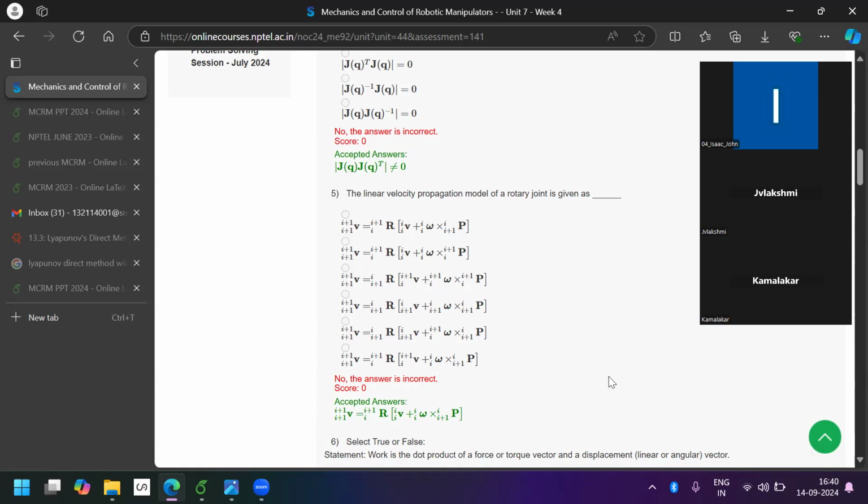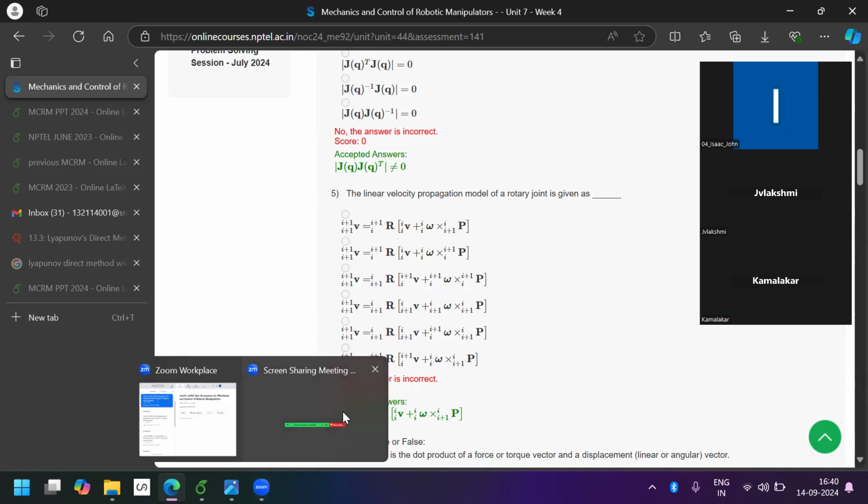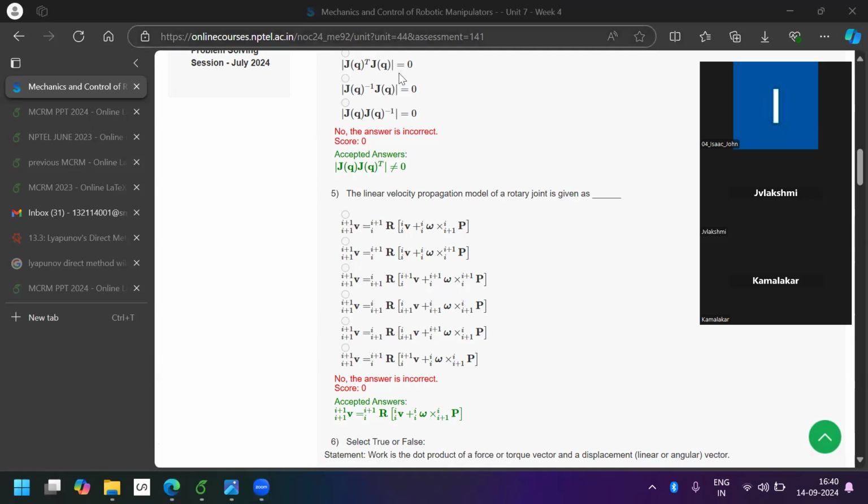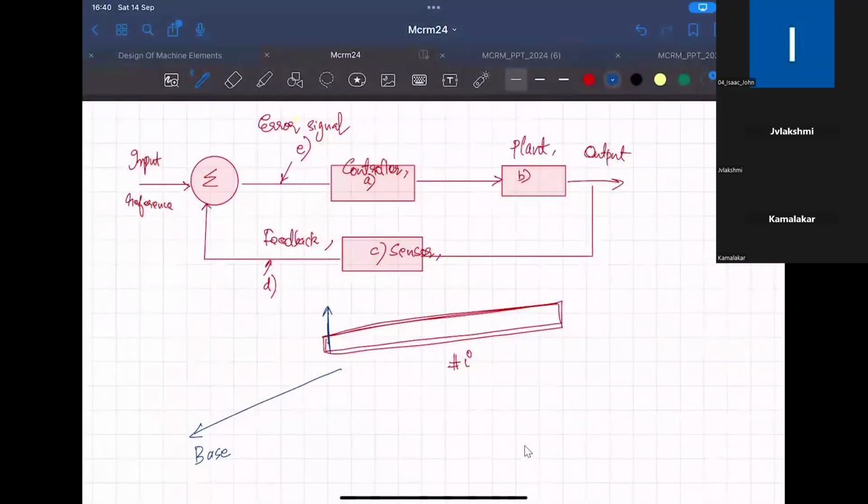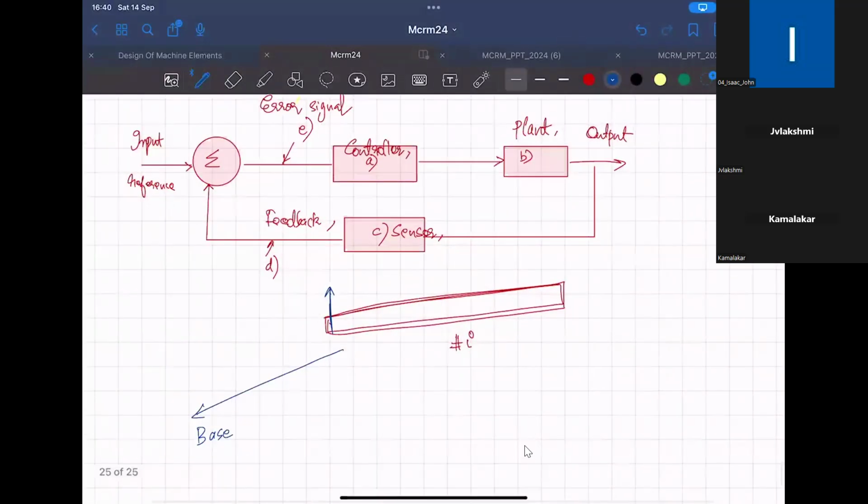Sir, you have to go to the whiteboard. Okay, so if you consider this to be the direction of your base and this to be the direction of this end effector,